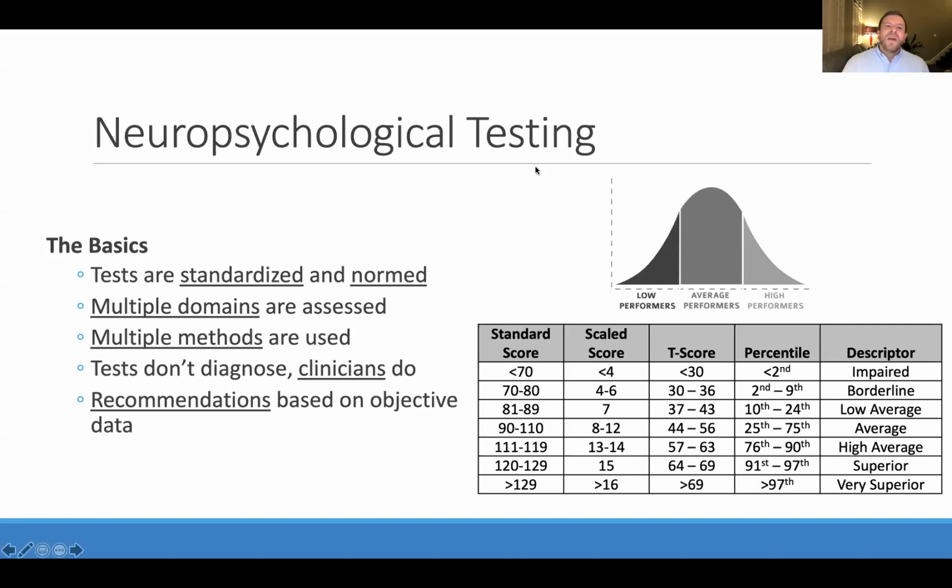So, all right, let me just do a quick primer to talk about the basics of neuropsychological evaluation. The first is that tests that we use as part of these evaluations are both standardized and normed. So what does that mean? Well, it means that we are using tests that are administered the same way each time. They have specific instructions or ways in which these different tasks proceed, and that should be the same for any student that's being evaluated. In other words, we don't want to be giving additional prompts or things that might give one student an advantage over others or give them a disadvantage relative to others. So we're using standardized ways of measuring things.